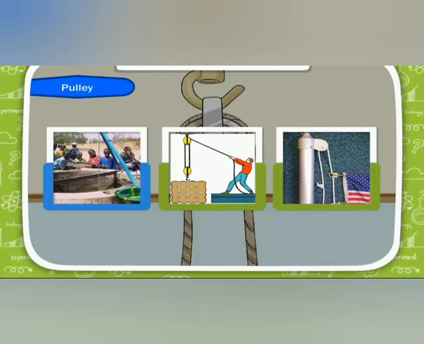The next one is the movable pulley. A movable pulley has an axle in a movable block. A single movable pulley is supported by two parts of the same rope and has a mechanical advantage too. The best example for a movable pulley is where we can see pulling of heavy loads.